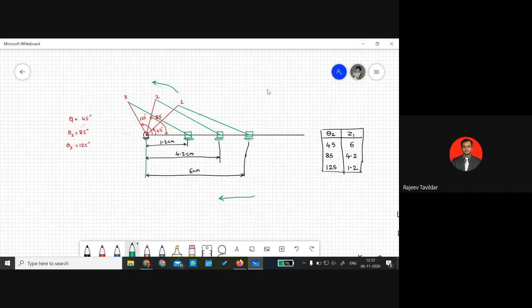So I'll just post a problem where almost most of the data will be given to you, but the direction is reverse now. It says that if the crank rotates in counterclockwise, then the slider has to move from left to right instead of right to left. So you can just try to solve this. If you're unable to solve that, then let me know in the next class. We'll solve it in the classroom. Okay.